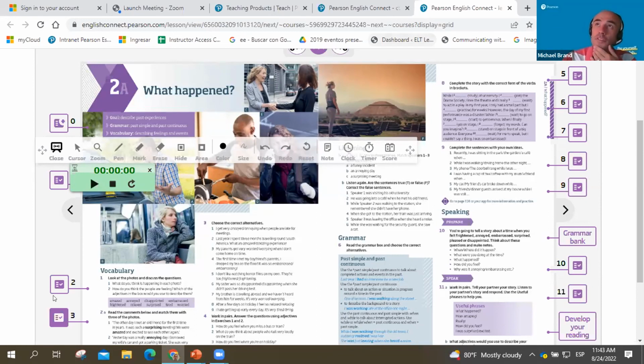Also, the timer is useful if the students are preparing for external exams and they need to get used to doing questions within a certain amount of time. The timer is useful for that as well. Okay, to focus them. Okay.